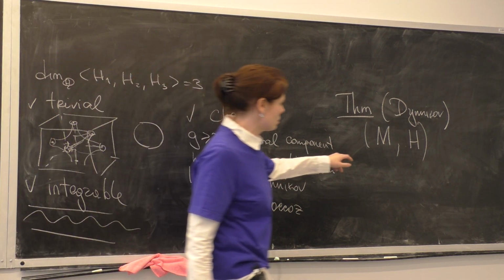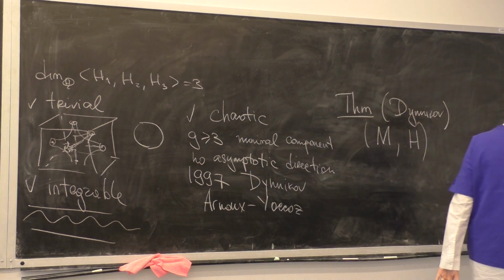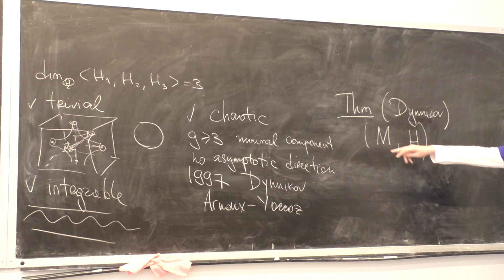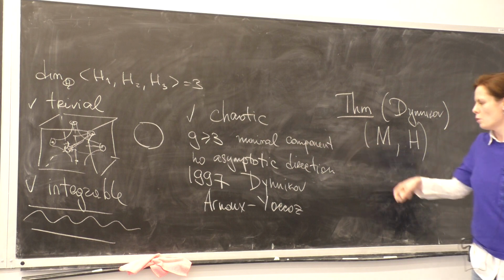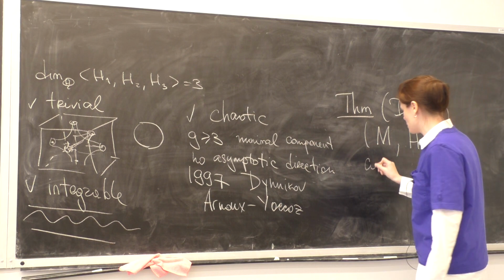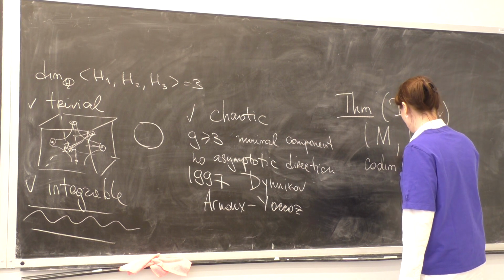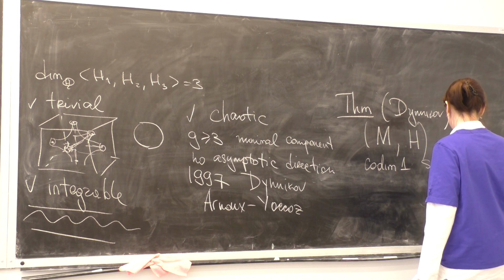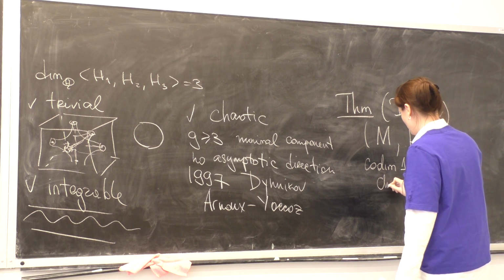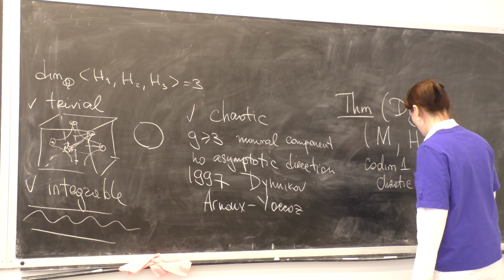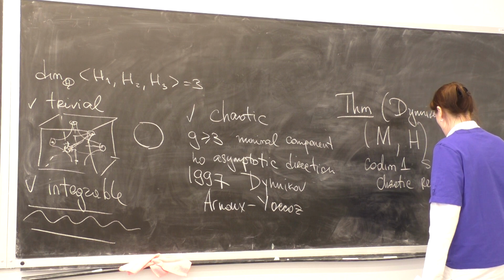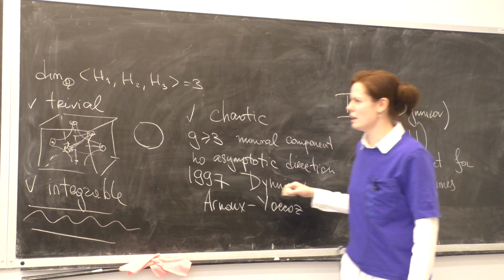So if you restrict yourself to the space of these pairs, all chaotic regions that you can find will live in a set of codimension 1. In a sense, I will explain what I mean more formally.